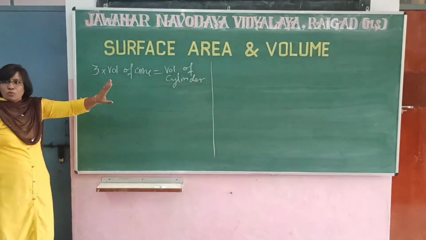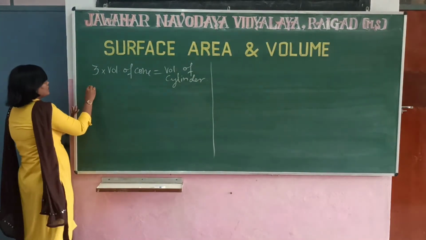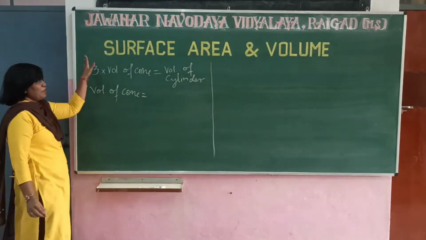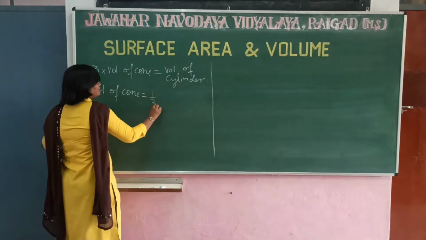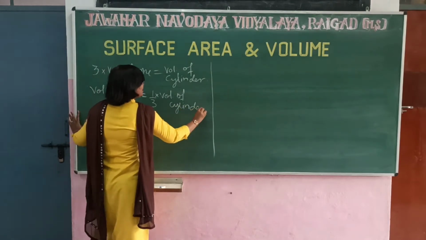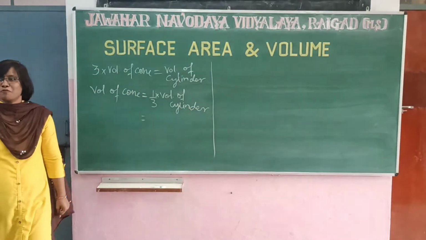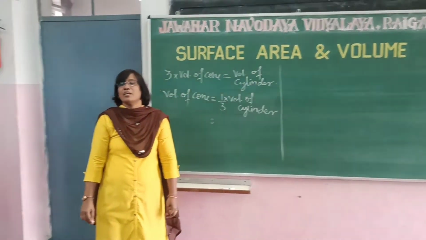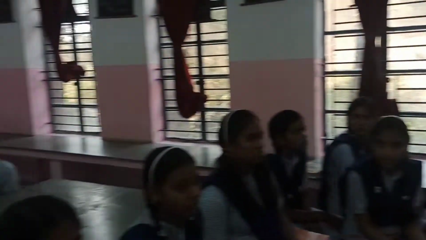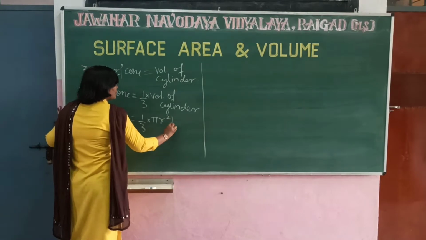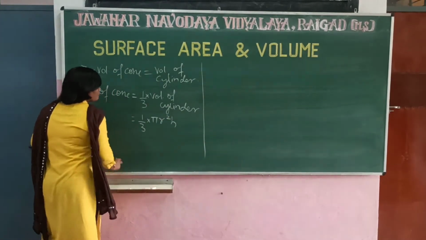Okay. This is what we got from this activity. Therefore, what will you say about volume of cone? These 3 coming on the right hand side will become... My dear children, someone should tell me what is the formula for volume of cylinder which we have learnt in 8th class itself. Yes, Arnav Patil? Volume of cylinder is pi r square h. Thank you so much. Fantastic answer. So that is equal to 1/3 into pi r square h. This is nothing but the formula for volume of cone.